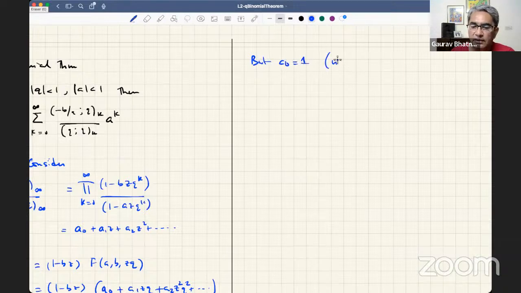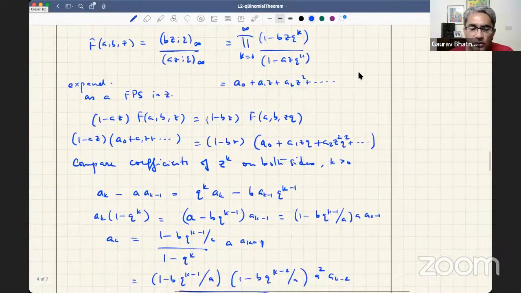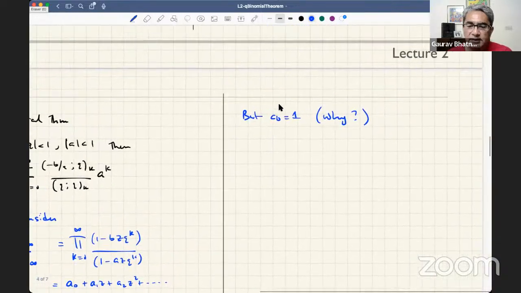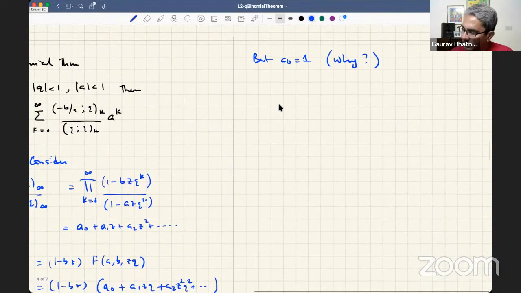A0 is 1. Why is that? If you go back to the same thing and put Z equal to 0, you'll get A0, which is going to be 1. So this is A0 is 1. So ultimately you get